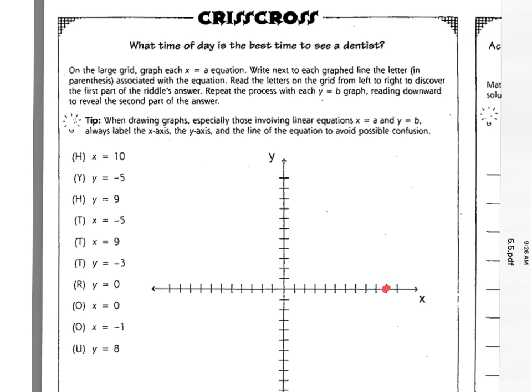Okay, you have to draw a line. You can't just make a dot and be done. X equals 10. And label it H, please, because if you choose to do the riddle, you can follow the directions and figure out what the word says. But the line has to go up and down. Make a line through it, going up and down. Wait, why isn't it horizontal? Because